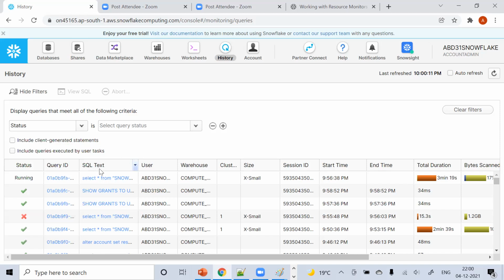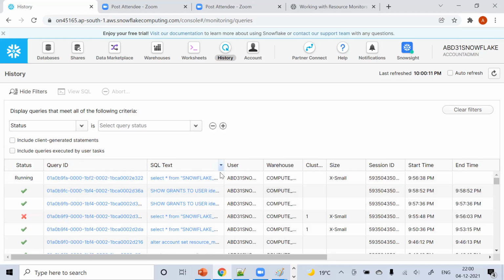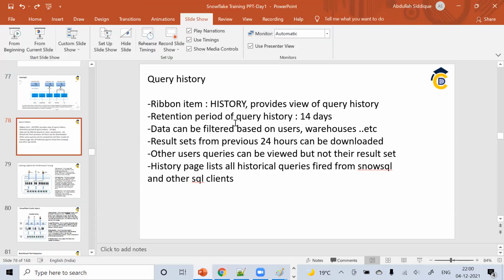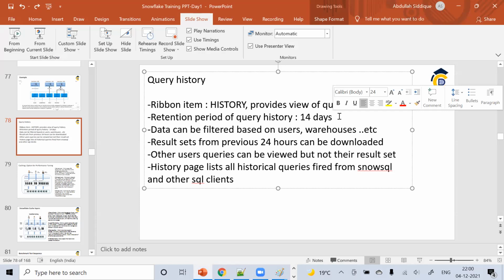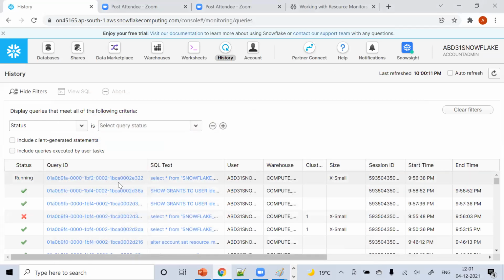And I already told you that each particular query that you fire in Snowflake creates a unique SQL ID for it. So this is always unique. So by query ID also you can go and find. And this data will be only for the past 14 days. So if you see here, it says retention period of query history is 14 days. Data can be filtered based on users, warehouses, we just saw that. And result sets from the previous 24 hours can be downloaded, which means this, for example, this particular